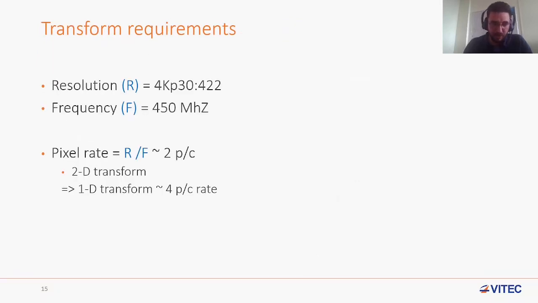Now let's move on to the transform requirement in the decoding process. In fact, as we said, the hardware decoder is expected to support 4K P30 videos for 4:2:0 chroma subsampling at a frequency of 450 MHz. Now, in order to define the performance or the speed of the transform, we compute the pixel level rate. In order to compute this, we divide the area defined by the resolution in 1 second by the total frequency, and as we can see, the result is 2 pixels per cycle. In fact, this result of 2 pixels per cycle is for the 2D transform. However, for a one directional transform, it requires at least 4 pixels per cycle